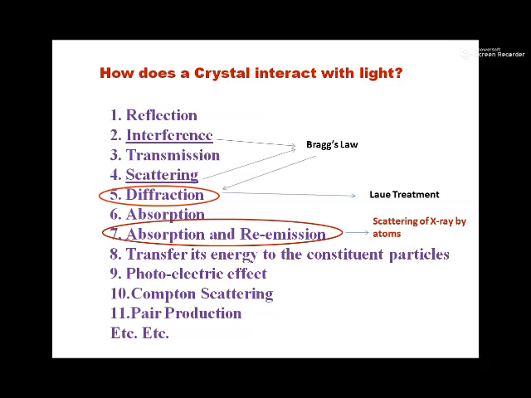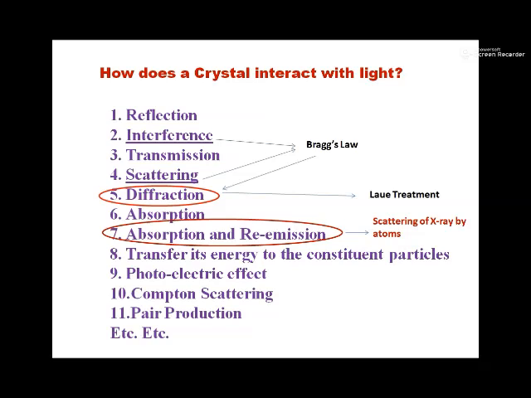Now this process, that is the Laue treatment of diffraction, and even the complex process which the electron or the atom exhibit when it resides inside the crystal, are basically very complicated. So a better understanding of this phenomenon in the form of diffraction is given by Bragg's law. But truly speaking, Bragg's law is a combination of scattering and interference. So though I call this law Bragg's diffraction, it is basically a scattering and interference